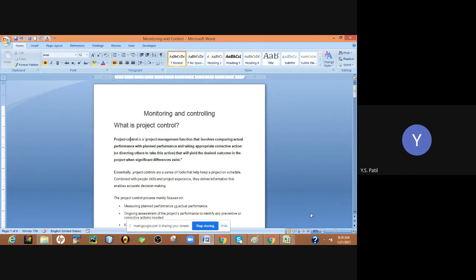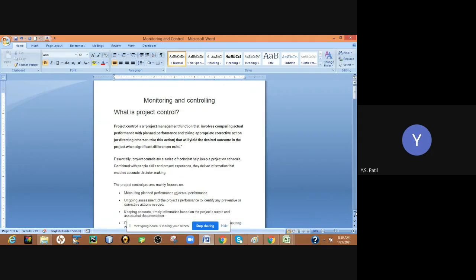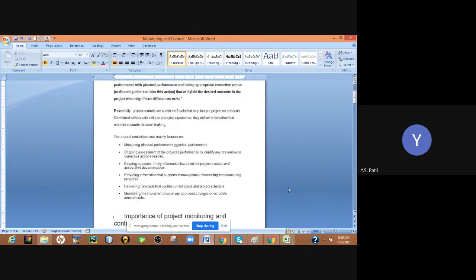And project control focuses mainly on measuring planned performance against the actual performance. Second, ongoing assessment of project performance to identify any preventive or corrective action needed.